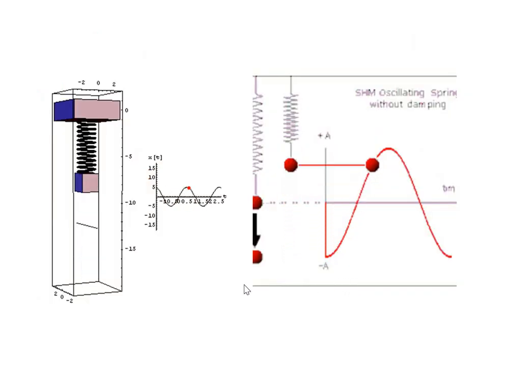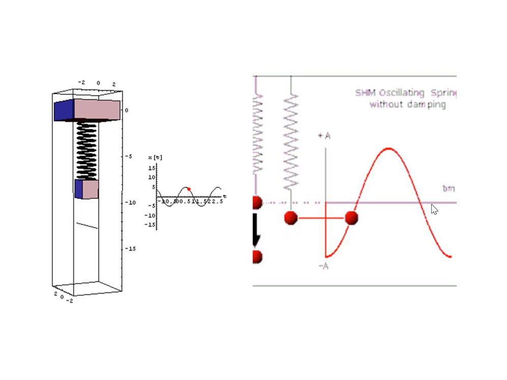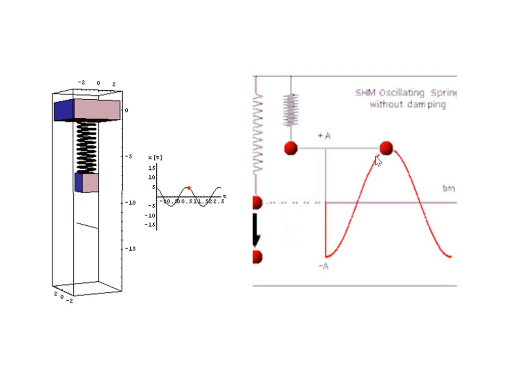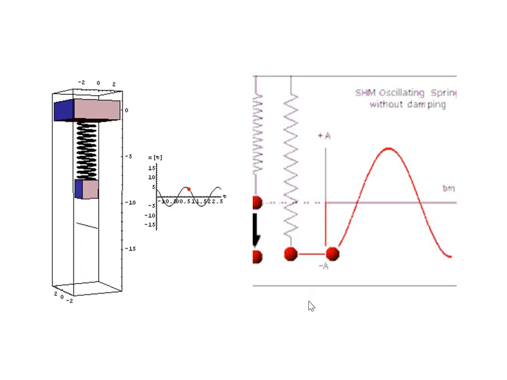So see this graph. This one is the simple harmonic motion and this graph is very important. This one is the mean position, this one is the upper extremity, and this one is the lower extremity. From this we have to see some special cases.